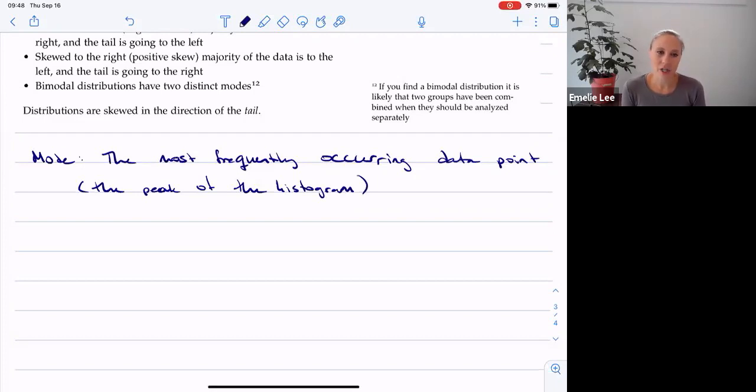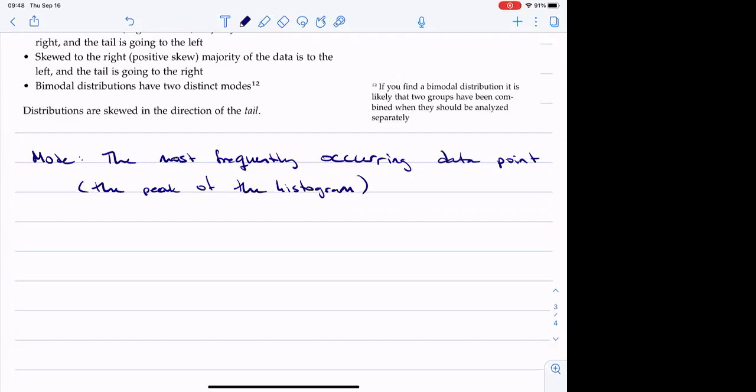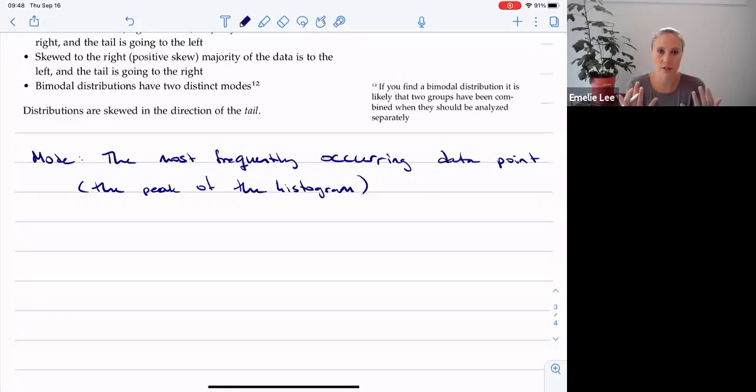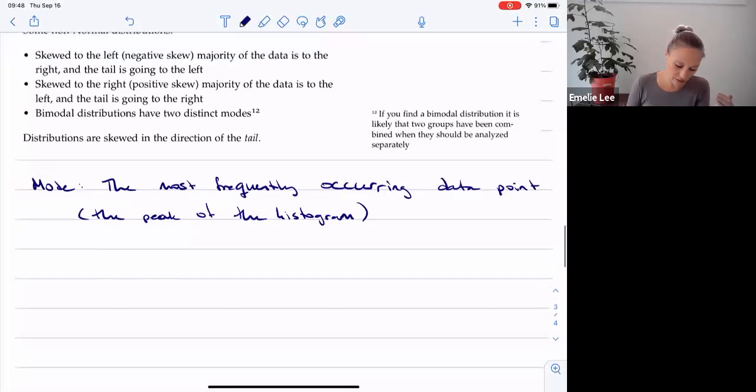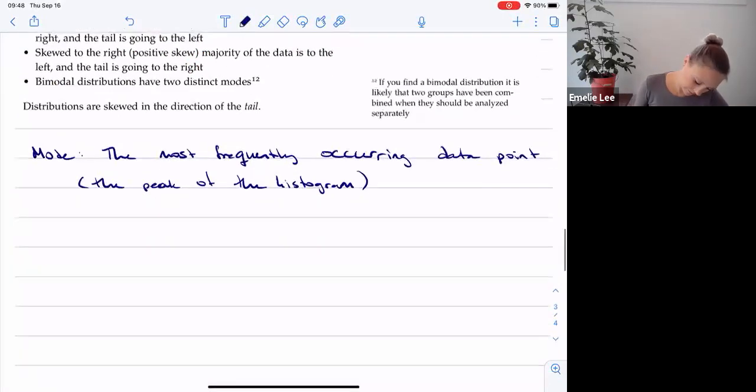So by definition, a normal distribution is a symmetric unimodal distribution, okay, because it's got that symmetry and it only has one peak. Okay. Again, skewed distributions are still unimodal. They only have one mode, okay, one peak, but then they're not symmetric anymore. Okay. So bimodal distributions,